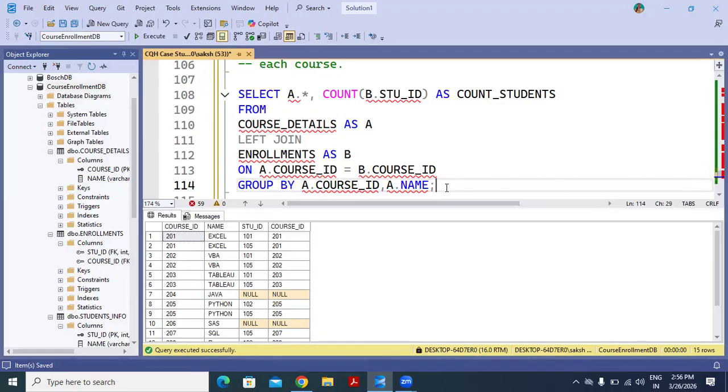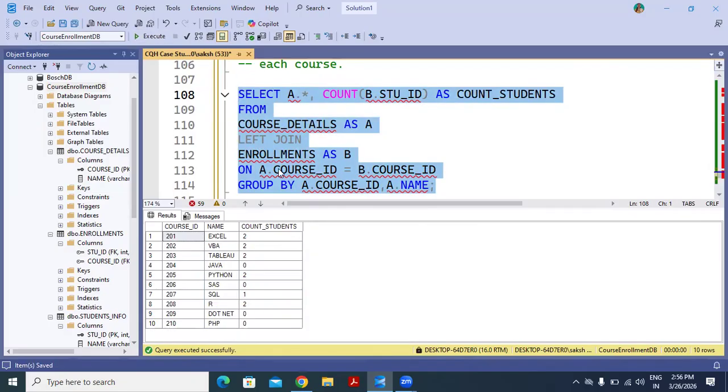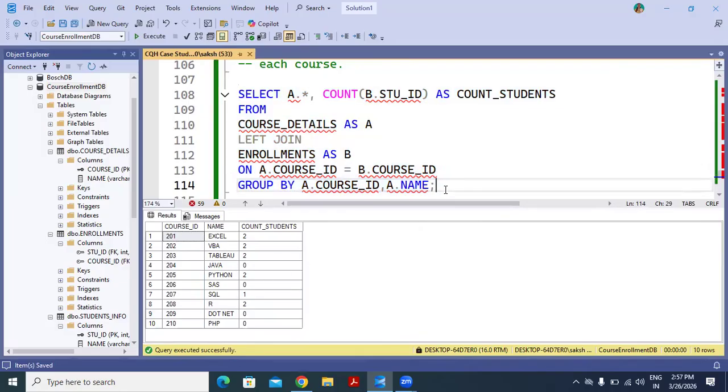So let's try to execute it. So yes, we can see that we are having the counts of students, like in Excel, 2 students are enrolled. In VBA, there are 2 students enrolled. And in Java, there is no students enrolled in it. So in this way, we can perform the joins and fetch the data, or we can say whatever we want.